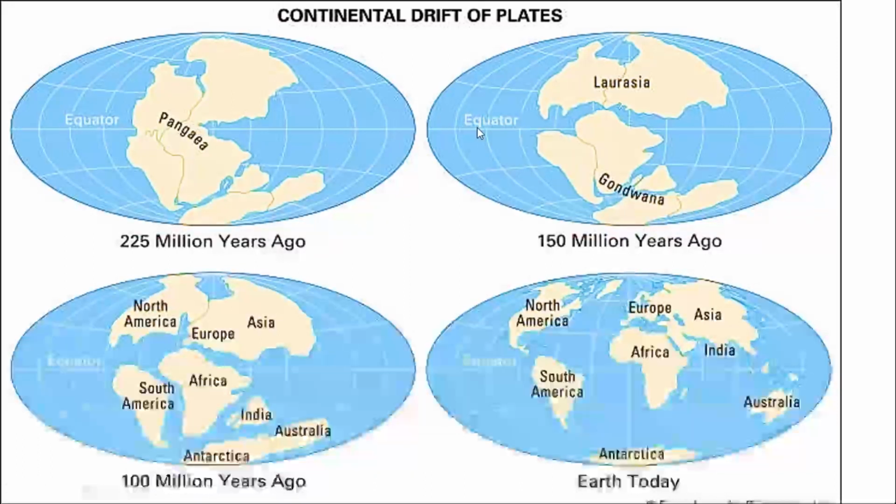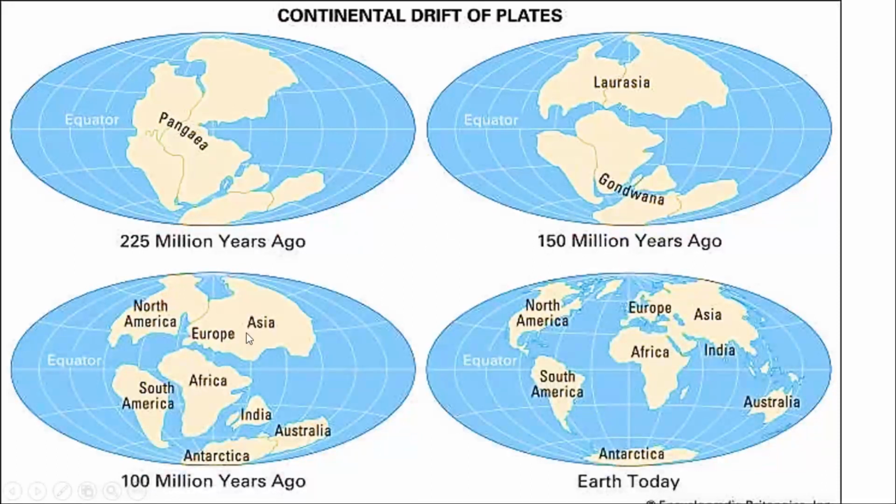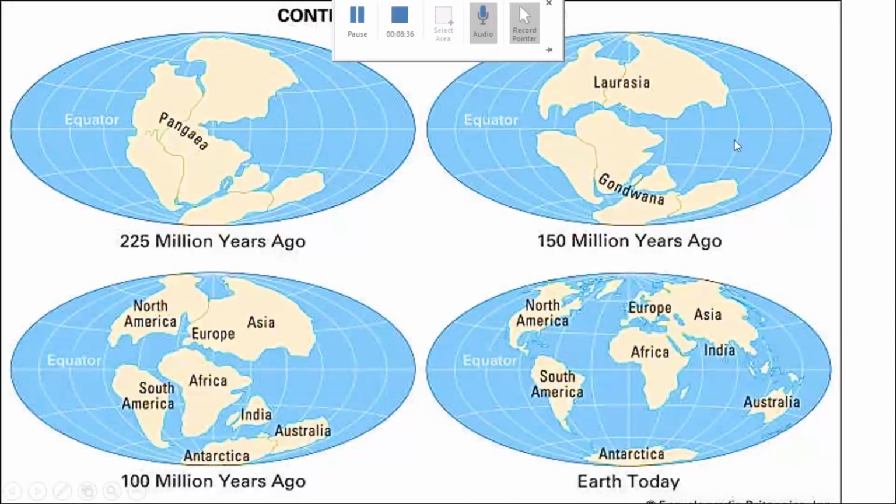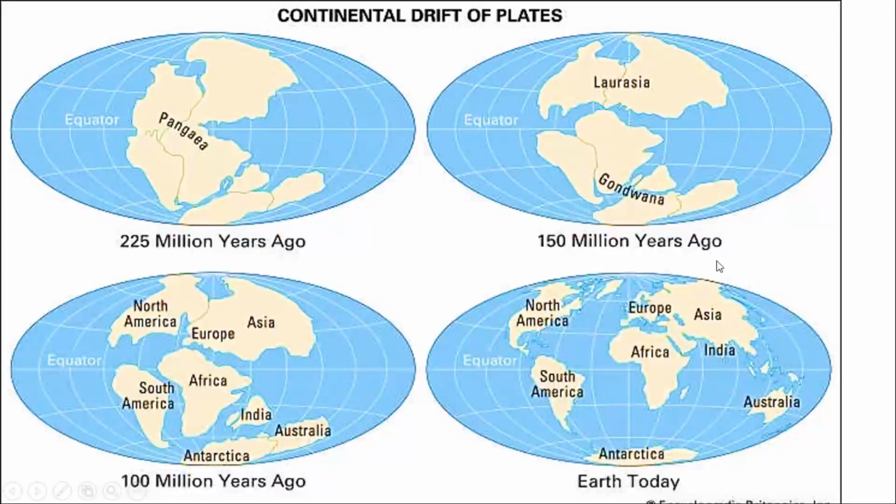One piece of Pangaea included parts of what are now North America, Europe and Asia. This piece called Laurasia drifted north. The other piece of Pangaea included parts of what are now Antarctica, Africa, South America and Australia. This part called Gondwana land drifted south. Eventually Laurasia and Gondwana land broke apart too. The continents then slowly moved to the places they are now.